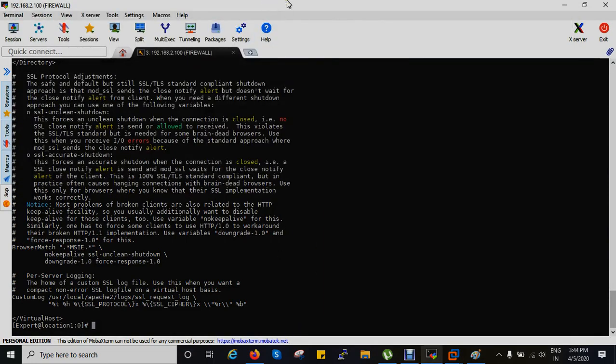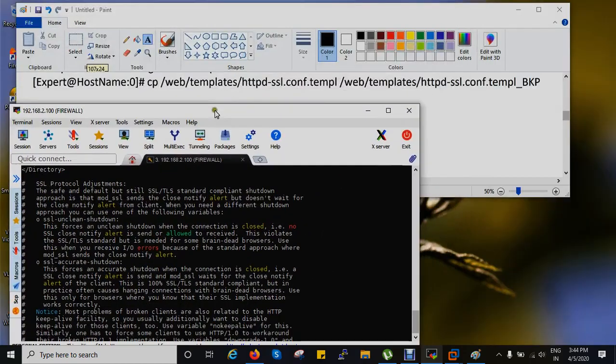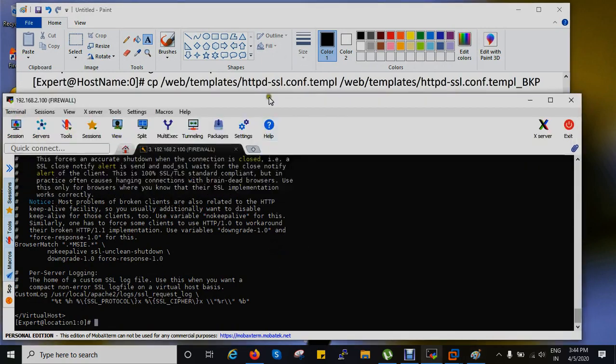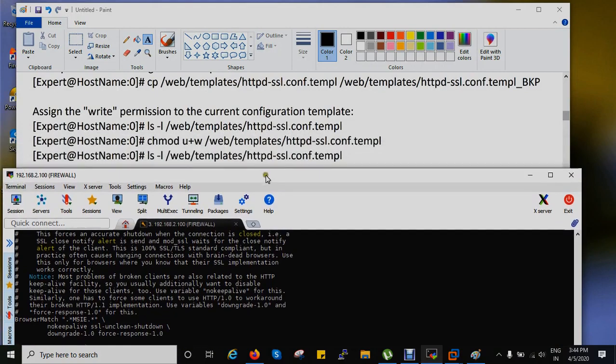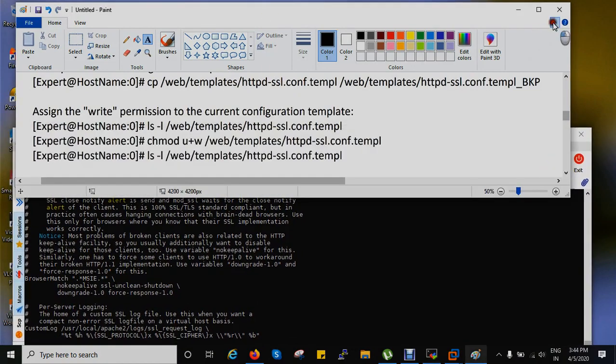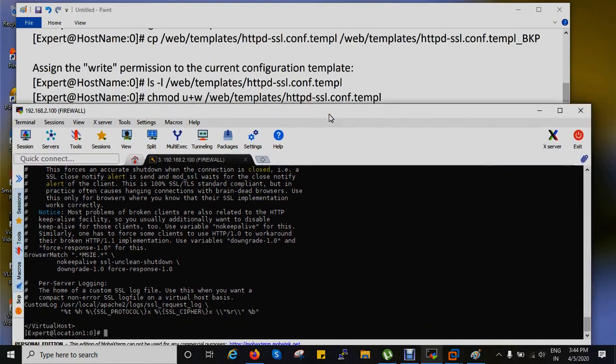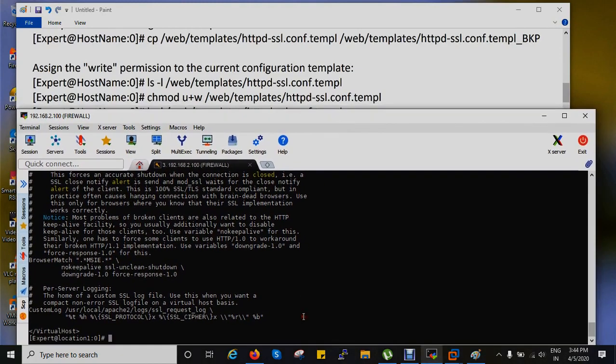It's ls -l on the web template httpd-ssl config template, enter.